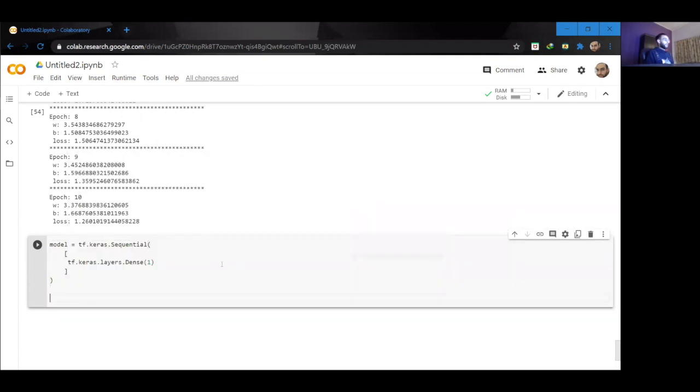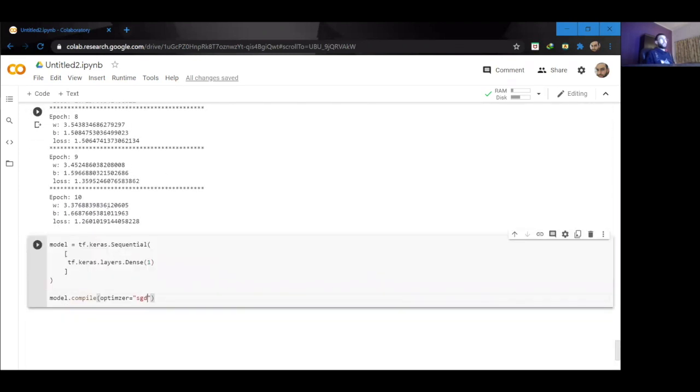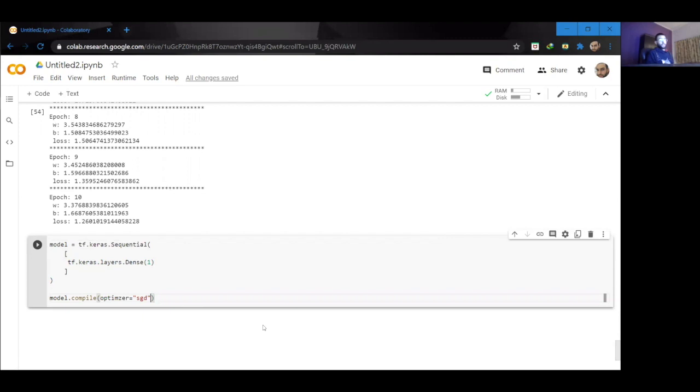And now I need to compile my model. Inside the compile, I need to pass a few parameters, the first one being the optimizer. My optimizer is going to be SGD, because we saw that in this model we used stochastic gradient descent and it gave us a pretty good result. So I'm going to use the SGD, or stochastic gradient descent, optimizer, and then I need to pass my loss.